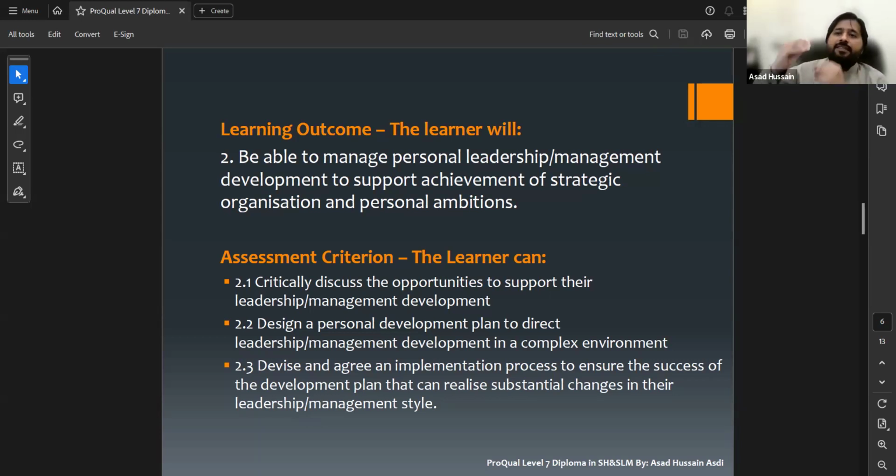Like there is a phase, a process of development going on for the development of a strategic manager. For this purpose, the candidate should discuss what opportunities he is having in his organization, like what things are giving them a chance to improve their skills, their competence in leadership and management. So they have to discuss that.